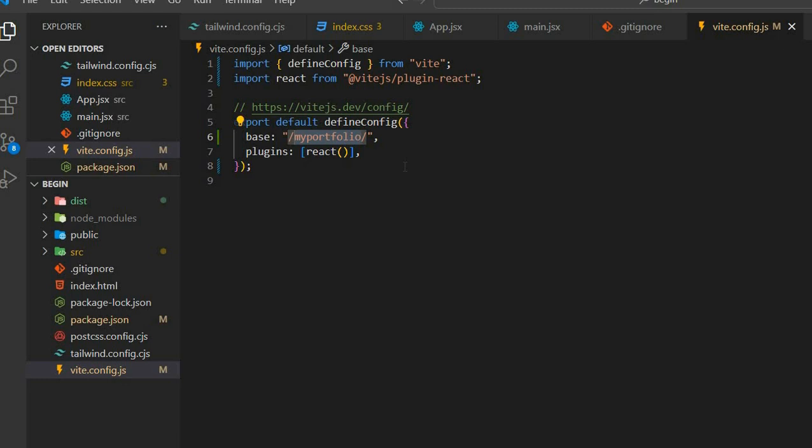So this is very important. Make sure that you do not miss this step at all. You come over here to vite.config.js, and then you add this extra field. You're going to add the base field, and you're going to put the name of your portfolio, the name of your repository, in between these 2 forward slashes. And after that, just simply save,